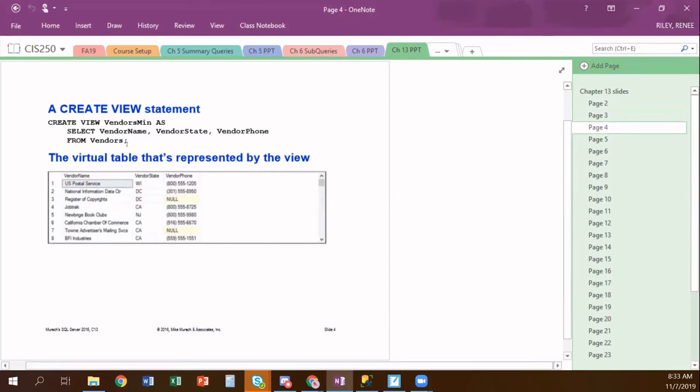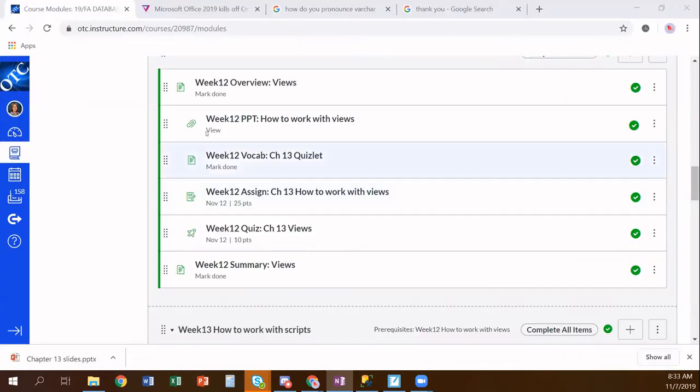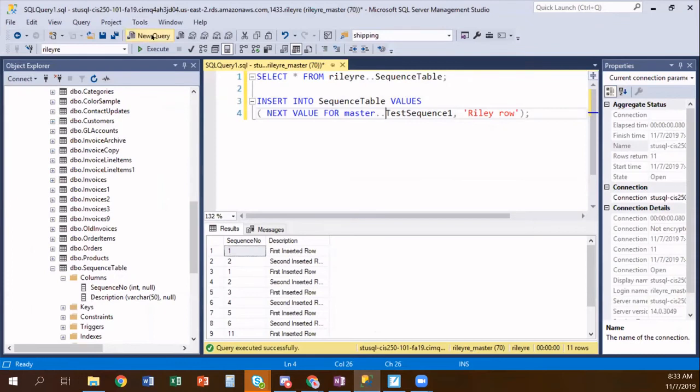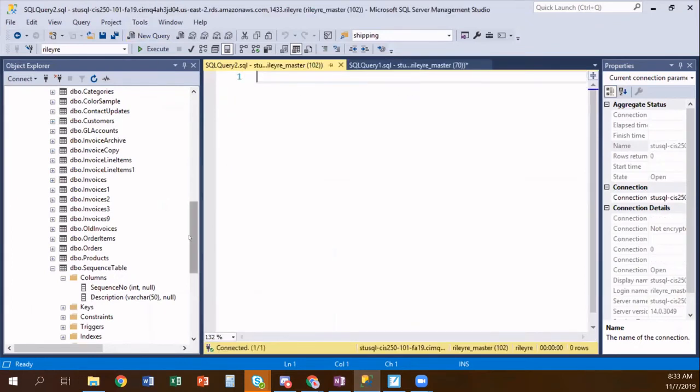Here's a create view. Let's create this view. I'm going to go to SQL Server Manager and open a new query. And I'm going to make sure that I put this in my database. Now with a view, it is going to use DDL syntax, data definition language, remember? So I am creating something, just like if I were creating a table or an index,